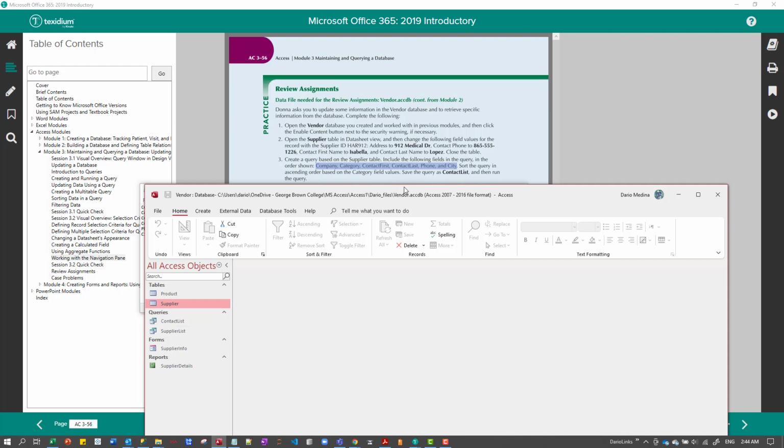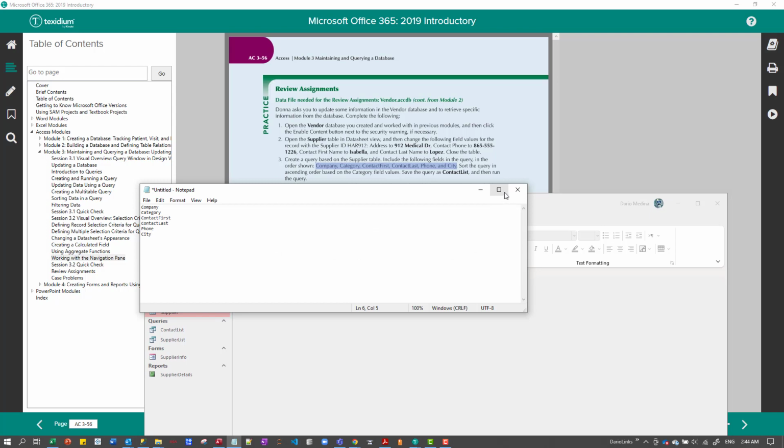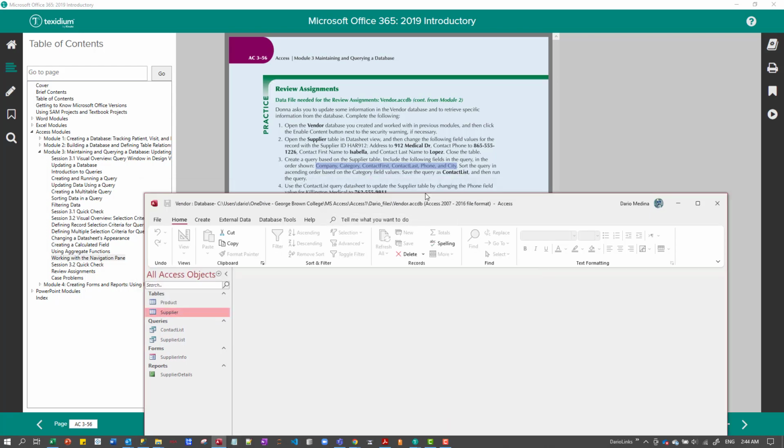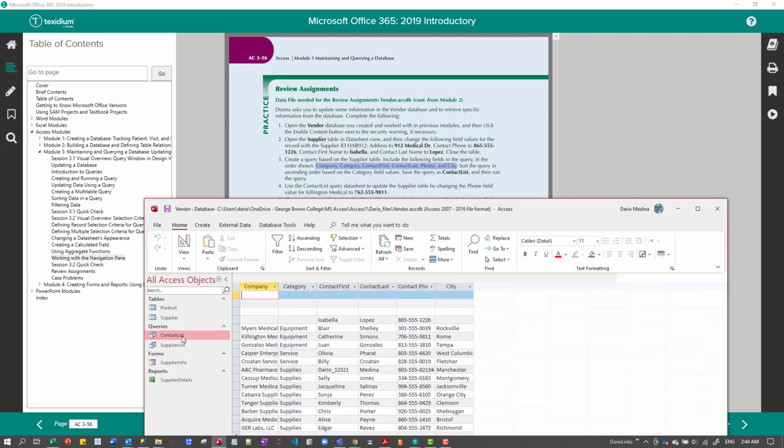The next step is step number 4, and let me just close this. I don't want to save this, it was not helpful. Now use the contact list query database. Now let me open the contact list to update the supplier table by changing the phone field value for Killington Medical to